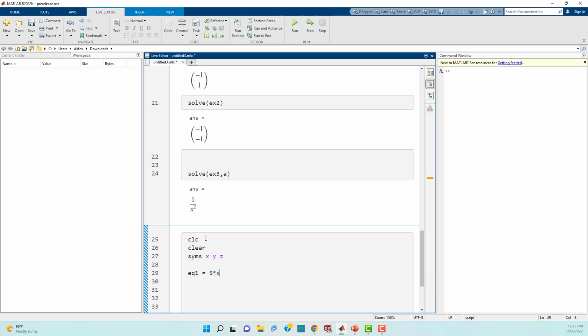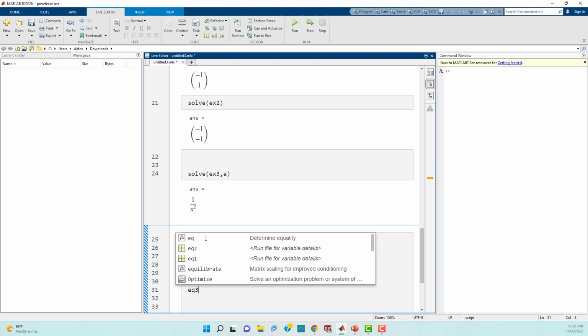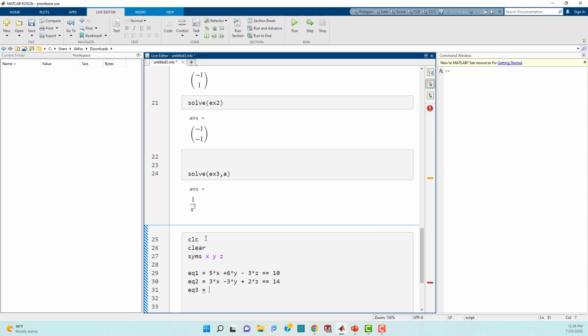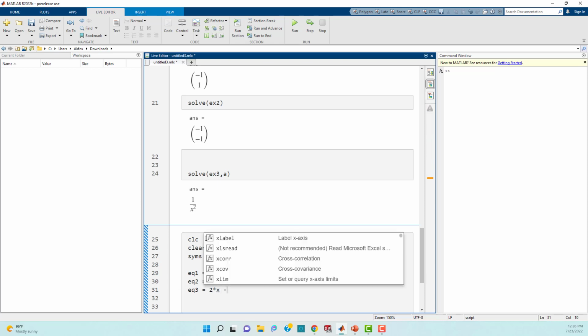5 times x plus 6 times y minus 3 times z, and that equals 10. And equation 2 is equal to 3 times x minus 3 times y plus 2 times z is equal to 14. And then equation 3 is equal to 2 times x